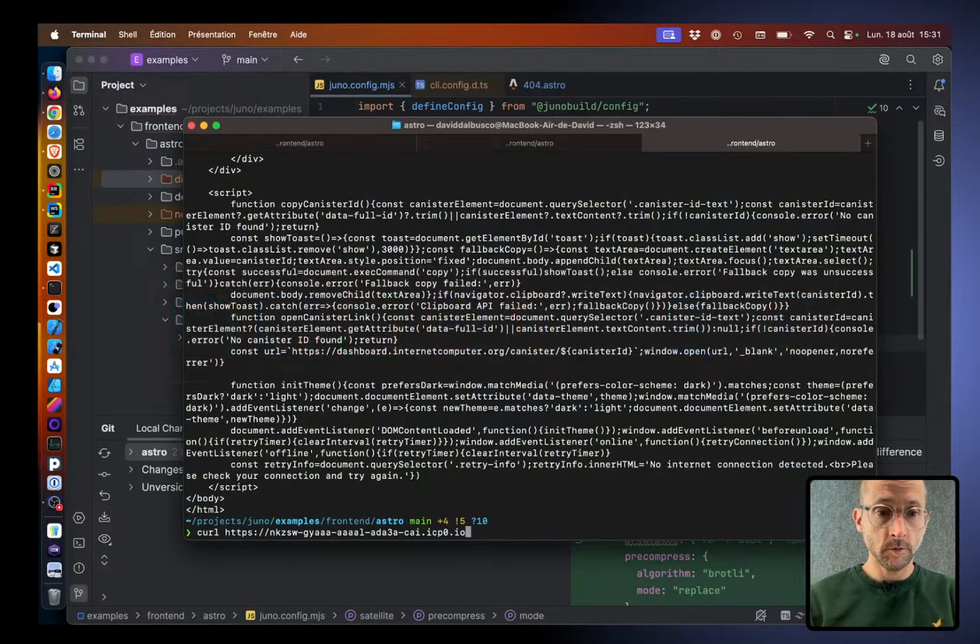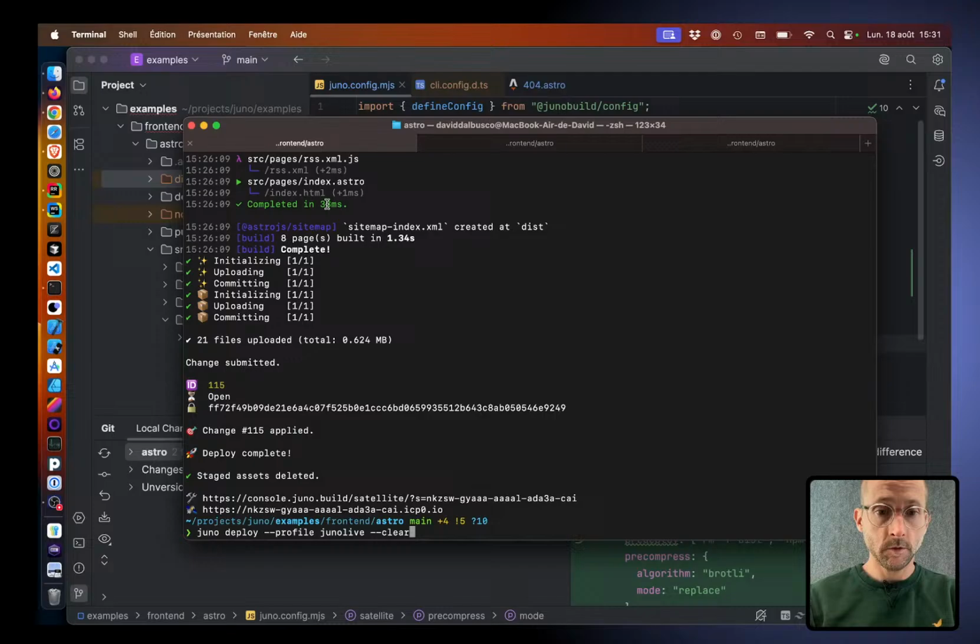Don't forget to do a clear if you do so, because it needs to have the correct setup. And if you want to have bigger batches, you can use the batch option here to